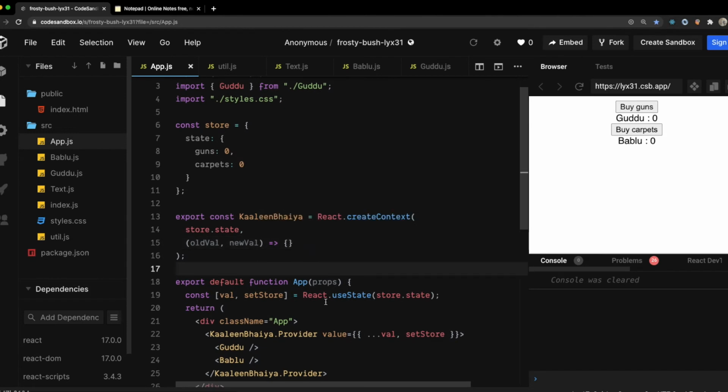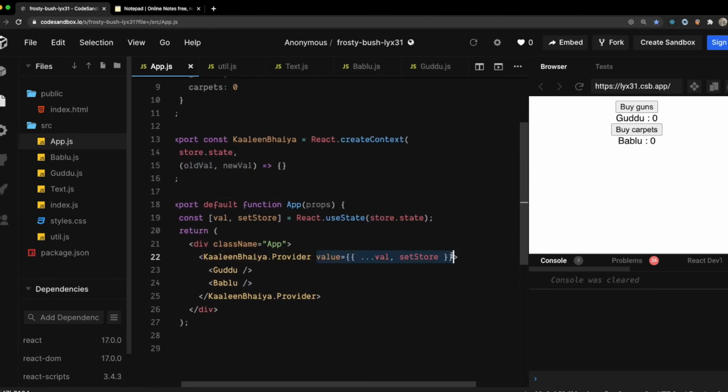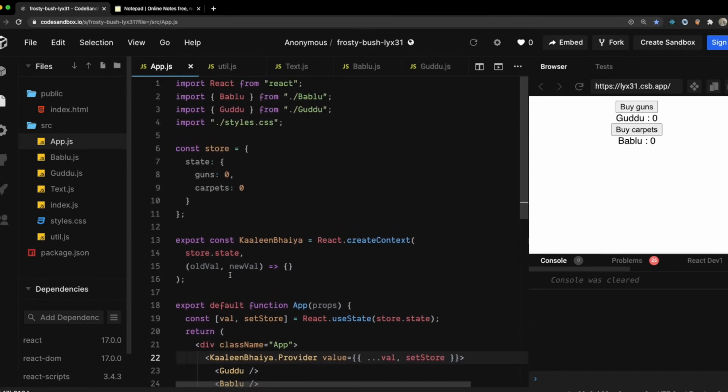So whenever something in the provider store changes, or whenever this app re-renders, we know that this value is changing, and when this value changes, my consumers re-render themselves. And I know that whenever something in the provider value changes, the function in the second param executes. So this is where we are going to use the power. The params are the old value and the new value. The old value is the old state, and the new value is the new state.